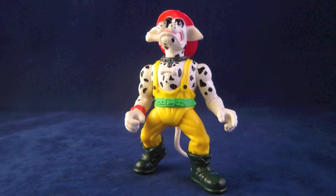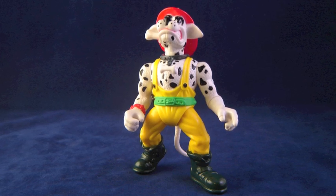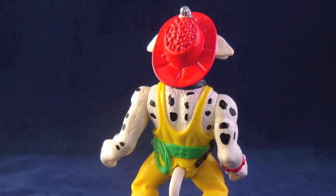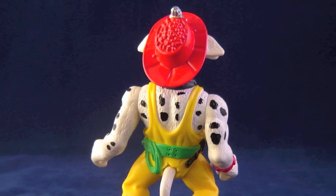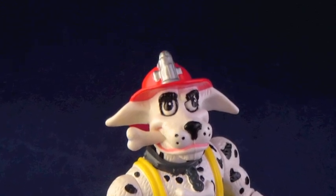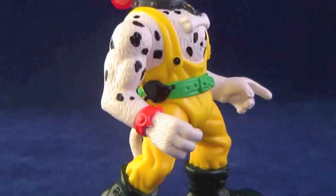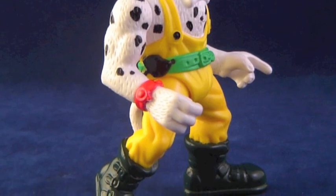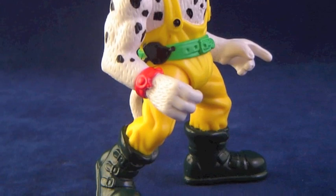For what he lacks in character backstory, Hotspot has a radically red-hot figure. True to his Dalmatian nature, Hotspot has a piebald pelt. On his head sits a red firefighter's hat with a silver fire hydrant detail. He wears yellow turnout gear common to firefighters. In a slight design flaw, tucking the legs of his pants into his rifle green boots kinda defeats the purpose